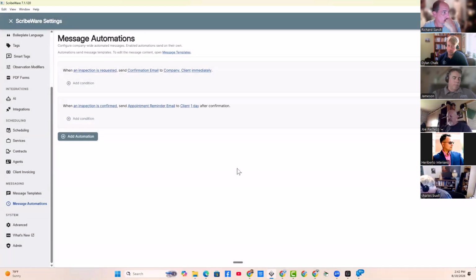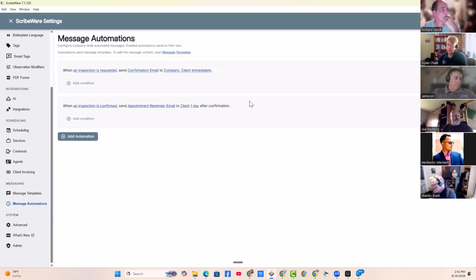But we don't have the ability yet to create automations based on those attributes. It's tricky. I know it when I book it, but it's not like I have a different template or anything if I'm doing a new build. So that's tricky, to get that data, but it would actually be pretty important to know. And I think we're going to be doing a whole separate meeting on message automations, because this is a really complicated piece